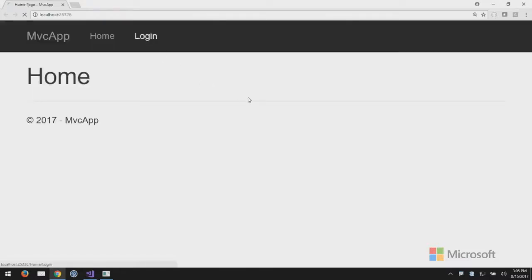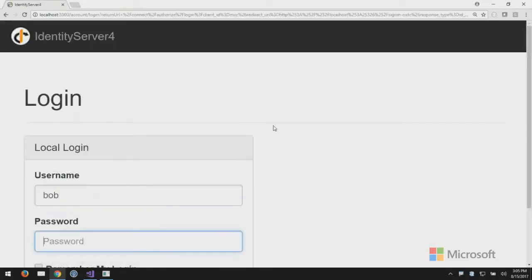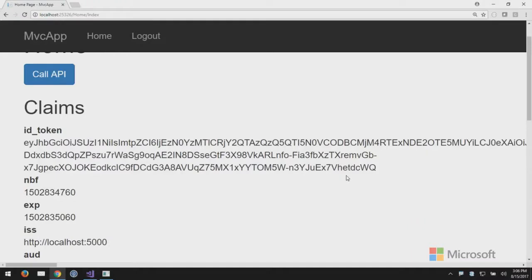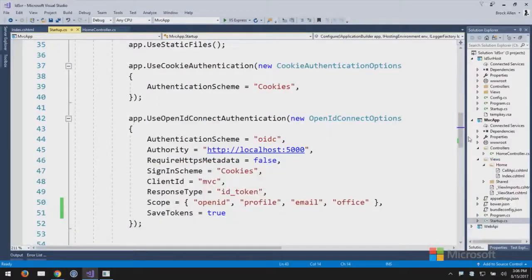And when we log in, okay, great. So we now have the ID token. That's the original identity token that we had gotten back from the token server. Okay. So what I'm going to do now is, at sign out time, the other complaint that I had mentioned